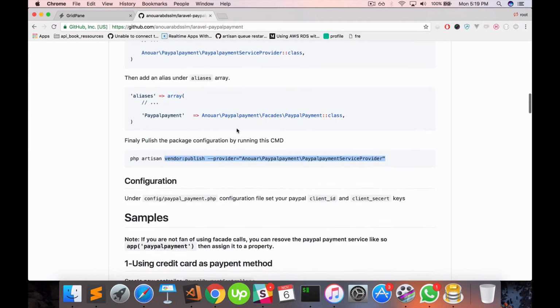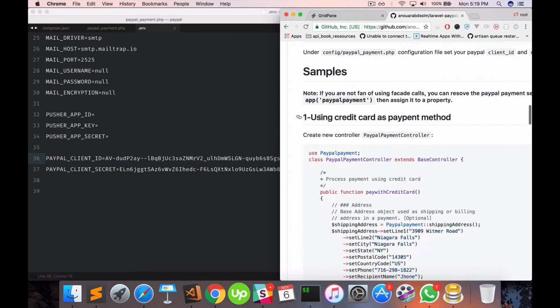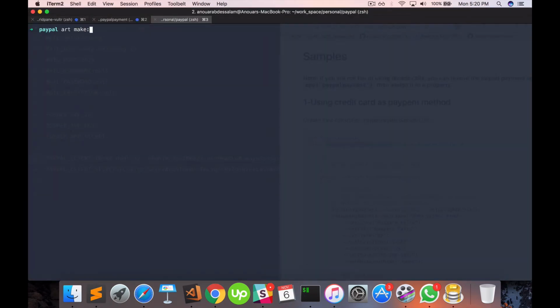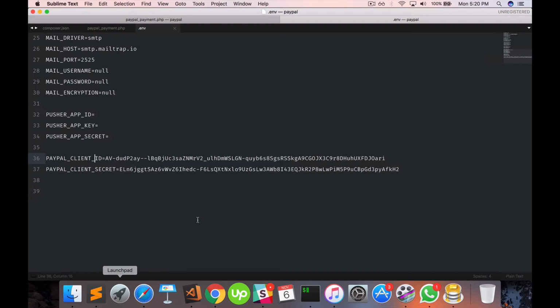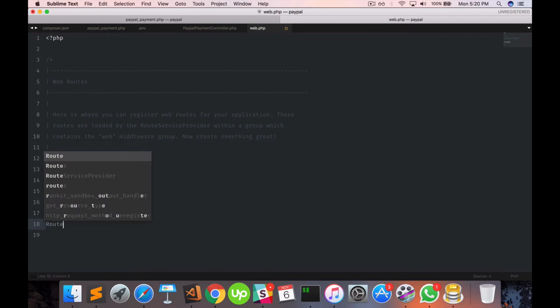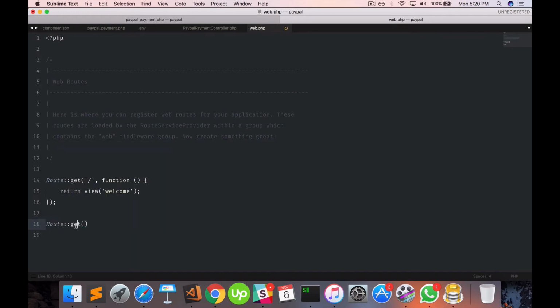We only need that. So now let's go back to the package itself and pick something from the sample code I have here. Let's build this controller: artisan make:controller, call it PaypalController. It's done. Now I'm going to go to the web file and just have a route for that. In real life, you would have this using a post request instead of get. Call it payment, for example, payments with credit card. It's good. And that's going to point to